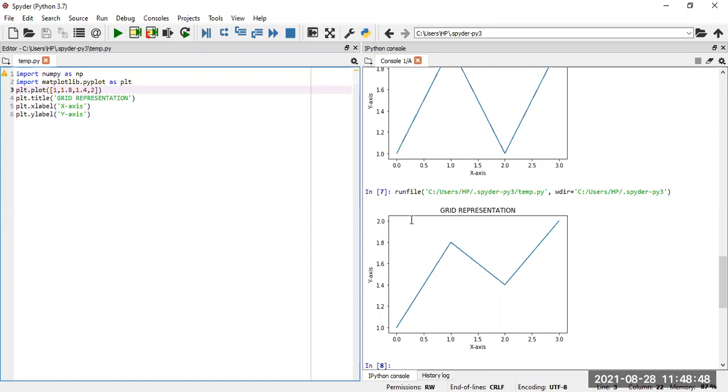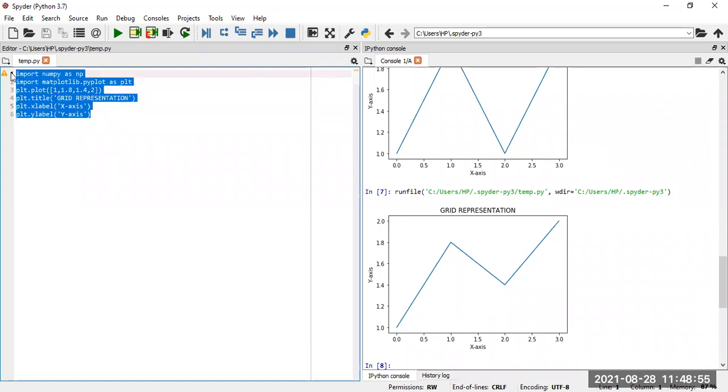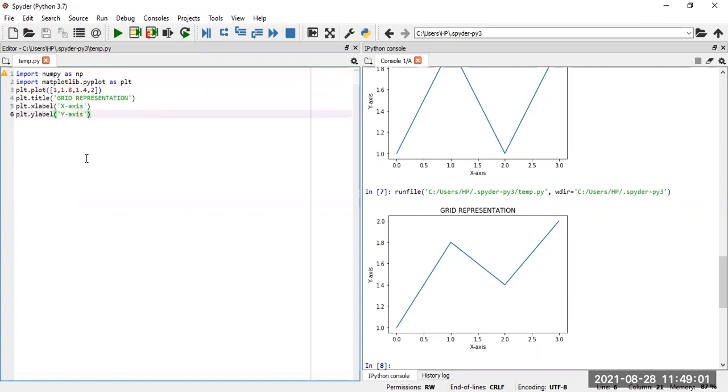I am not trying to show you the data. I'm just trying to make you familiar with the coding, how to write the code, how to import the matplotlib package, how to give the title, how to show the names of the axes. All these things I am trying to show, and with some data values, the graph will be drawn as per the values. So this is how the matplotlib package works. We will see some more examples on that.